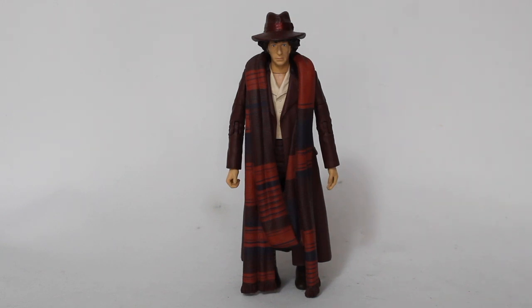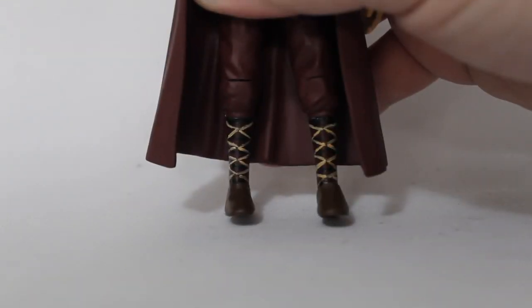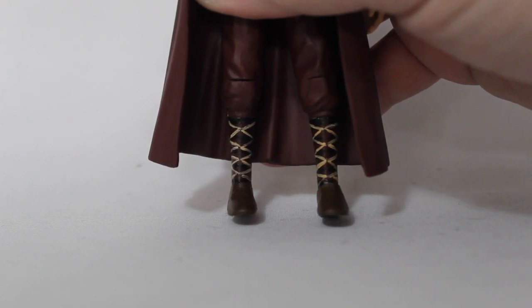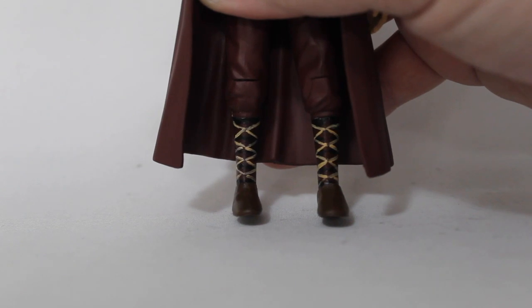and it works really well. But there is one more extra thing that I have done with this, which I'm going to quickly zoom in on to see. Because as you can see, this version has the socks and the shoes. I've had to remove his scarf and hold his coat open so you can see, but this is a great little variant. As I said, he normally has the boots, but having the socks and shoes I think just works